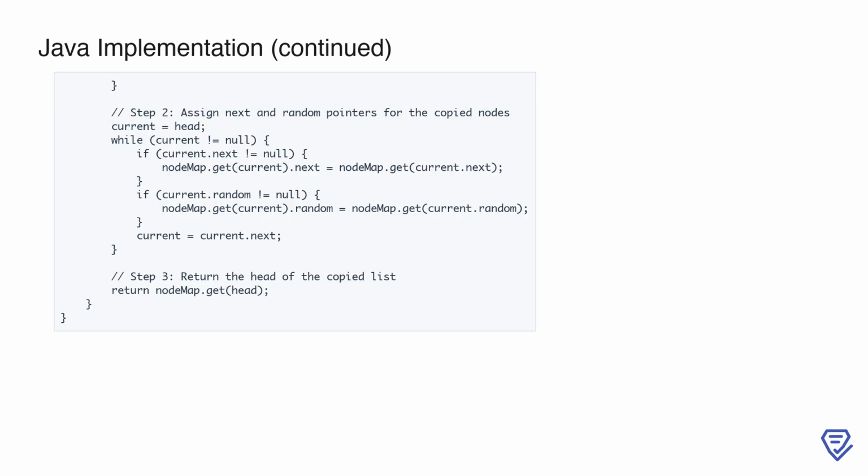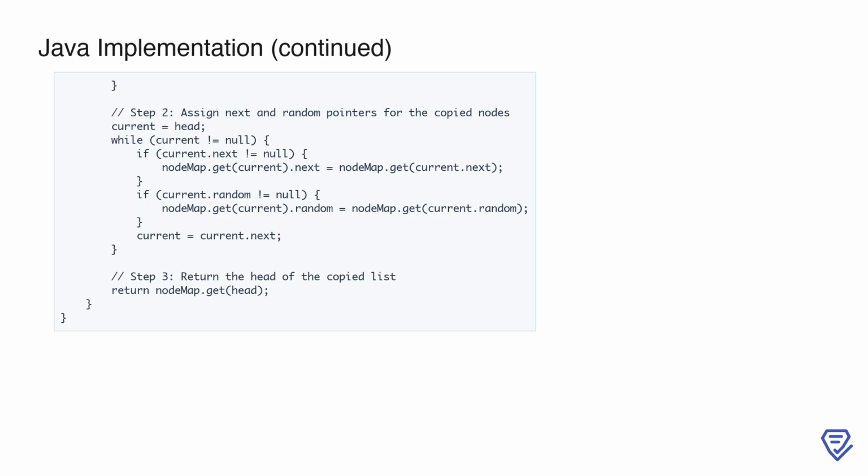After creating the mapping, we move to step 2, where we assign the next and random pointers for the copied nodes. We reset the current pointer back to the head of the original list and iterate through it again. For each node, if it has a next pointer, we update the next pointer of the copied node by looking it up in the hash map. Similarly, if the node has a random pointer, we update the random pointer of the copied node using the same